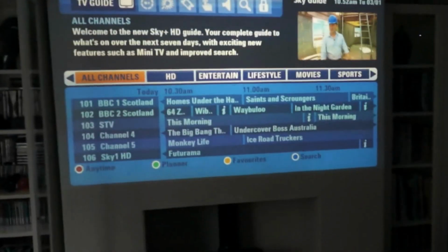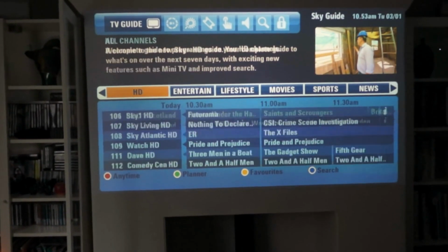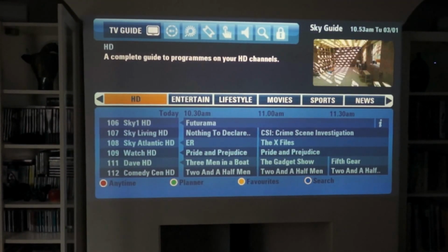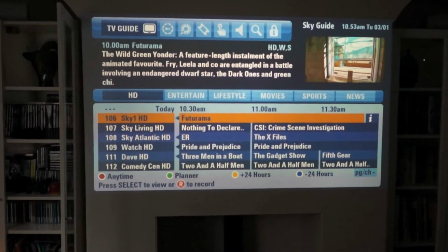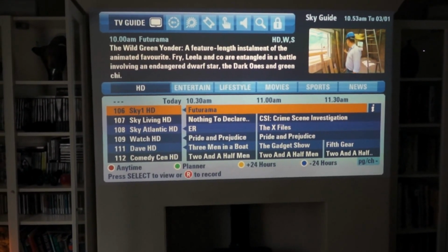That's not an HD at the moment, that's just a standard channel, so I can move it onto an HD channel. Probably better on a